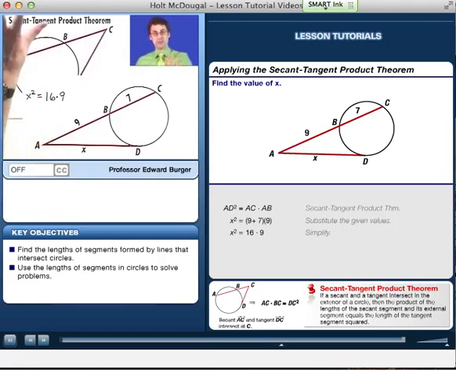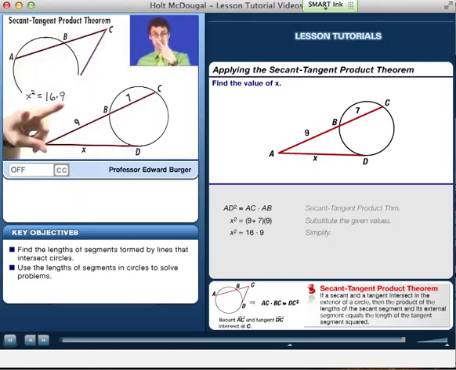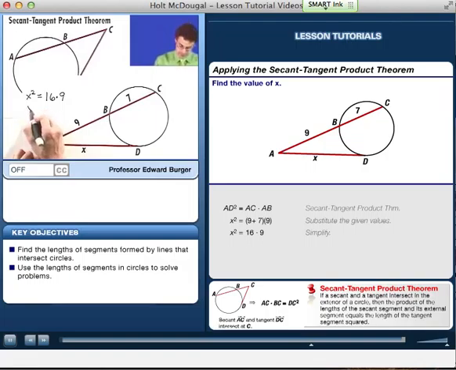Now, of course, whenever you have a square, there are two answers, right? Two answers, and we have to figure out which one we want. Well, in this case, x is representing a length, and so therefore we know that x has to be positive. So I can just take the positive square root,